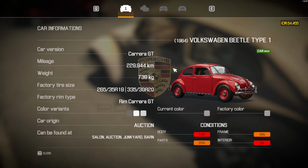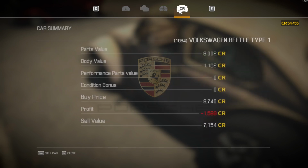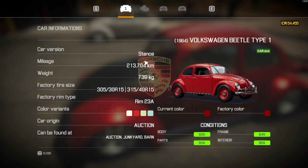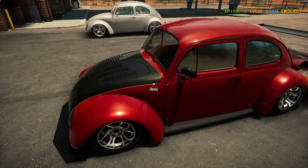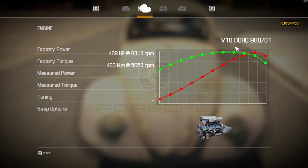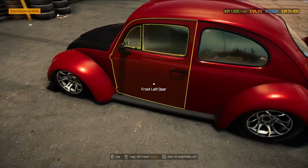This is the GT version, Carrera GT. Okay, so that's one of the versions. Engine is a V10. Frickin' heck, V10. And I've lost money on that one, but that's okay. This one is the Stance version. That's running a B6, which is a Porsche engine. You can see it's a Porsche engine. What was the other one? What engine was that? What's that out of? A V10? That says Porsche as well. I guess it must be. I don't know, I'm sorry. You'll have to excuse my ignorance there. But anyway, this one is worth...